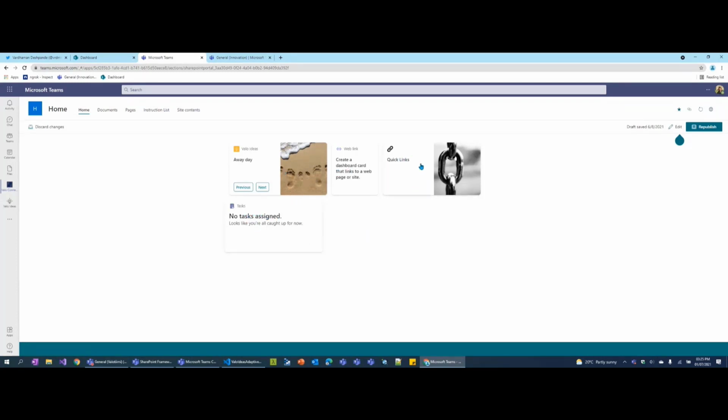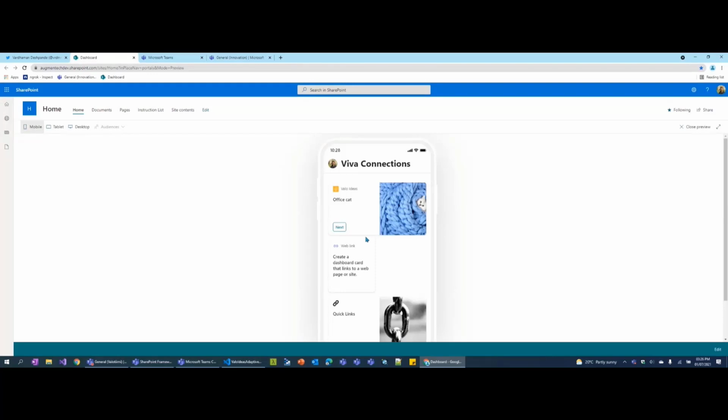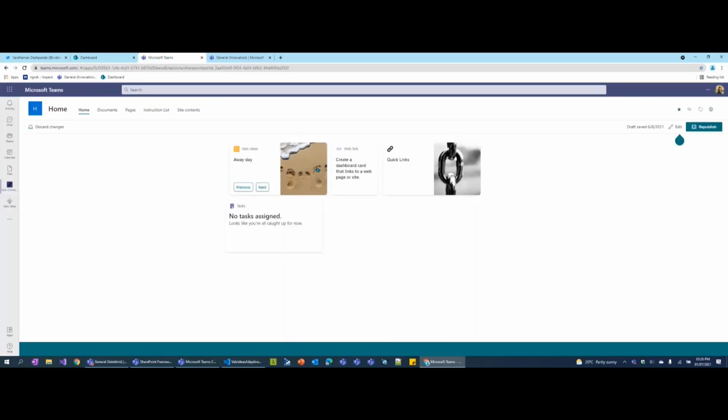Things like tasks in your Teams, a SharePoint page, links and so on. There are three different levels to these adaptive card extensions, or ACEs as they are called. The first one is the actual card view itself. When you land in the Viva Connections dashboard from the mobile or from your desktop, it doesn't matter, the first view you see is called the adaptive card extension card view.